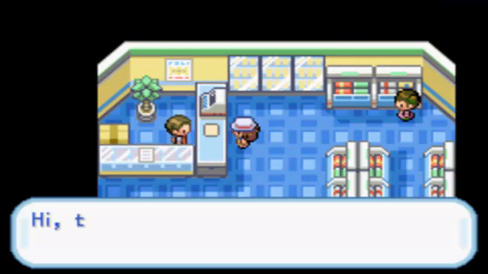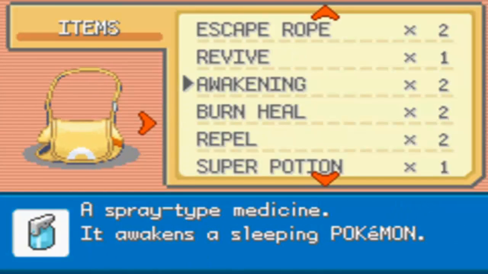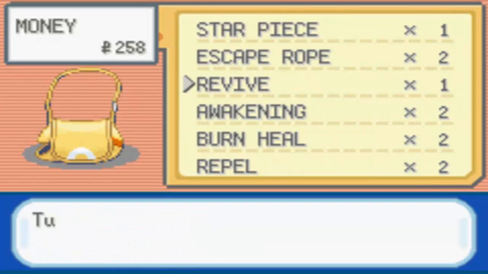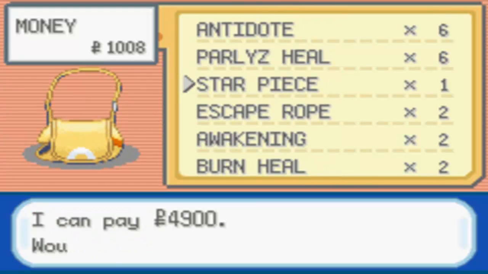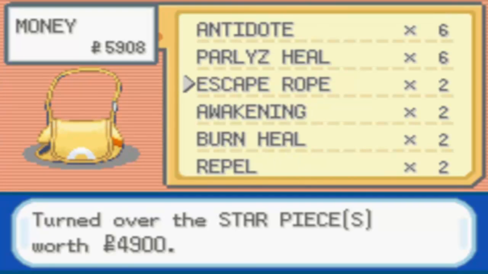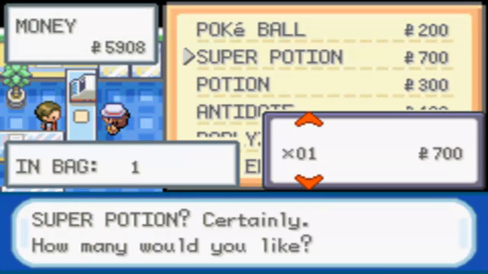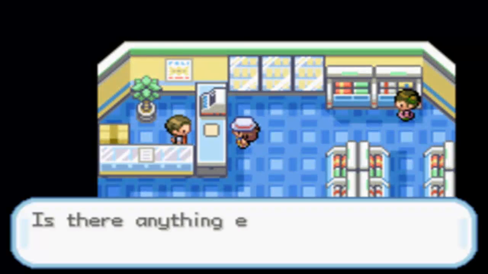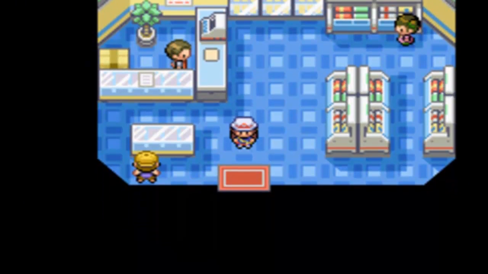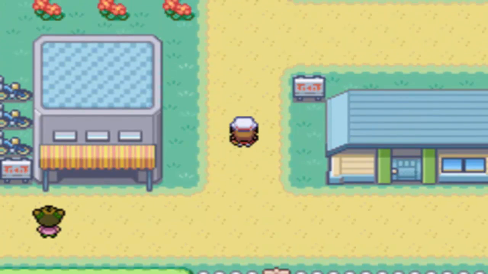And obviously I'm going to sell my Revive to the man, since Revives are practically useless in this run. So yeah, he's going to give us $750. And obviously we have a Star Piece that we can sell that he will pay $4,900 for. Now, Star Pieces are very useful to have because they amount to a lot of income, and we're going to use it to buy like 8 Super Potions, which I don't know why I love to spend